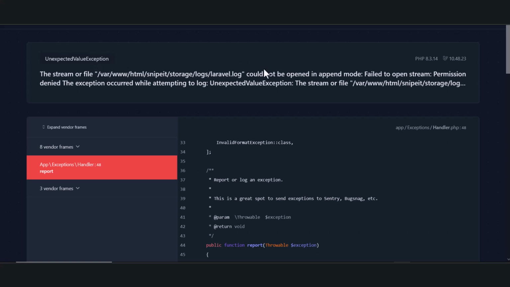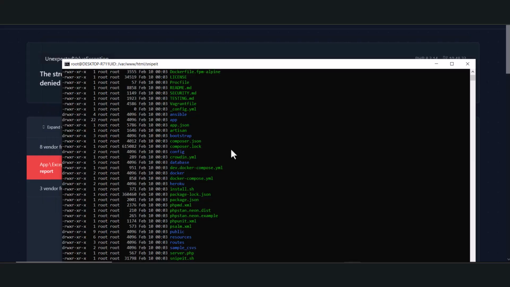So the stream could not open in append mode, failed to, permission denied. I highly think now it's the user who is root, and since we are running nginx, it comes with its own user who is nginx, and you can configure PHP to tell it who will run the CGI. So in this case it's nginx who is running that, and I'll do